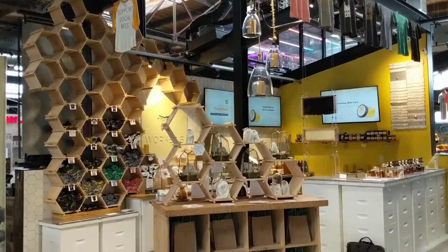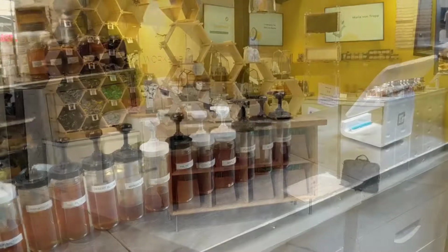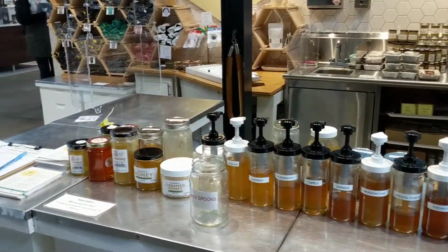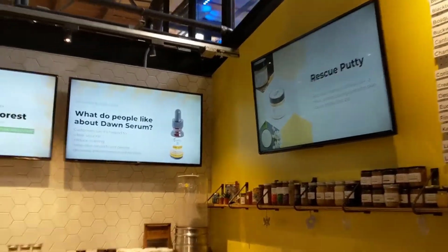And that leads to an ever-changing honey counter with a running group of 30 or 40 honeys, all the way up to about 80 in the holidays. So we really needed a way to bring this huge collection of honey and interface it with the customer. So we worked with Alex with RealEyes to do a multiple screen display with a tablet interface,